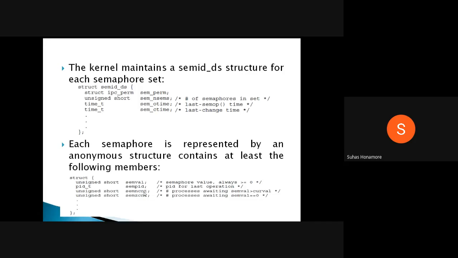So how many processes are waiting currently now, and whose required value is this one, and the current value is this one, that is CURVAL. Whatever process wants to access the semaphore requires 4 resources.